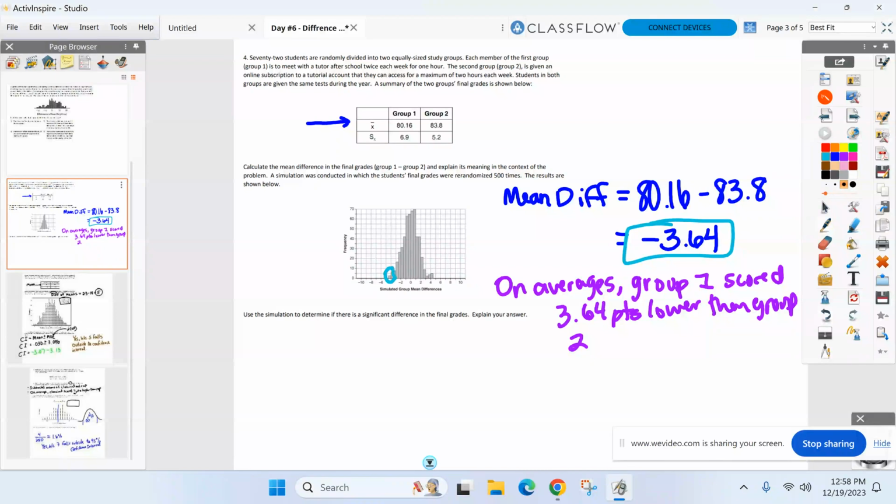All right, so if you guys look at the frequency, can we just agree as a class about how many are at -3.64 or below? If you just estimate here. Looks like one bar is at about what, 6, 7? And the other one's at about what? What do you think? 2, 3? Again, I'm not going to be critical of that. As long as you're in the ballpark. So what are we gonna say as a group? 8? Okay, I'm fine with that. 8 out of how many are there here? There you go. 8 out of 500. I put 9 down on my notes. Who cares? Right? I put 9 down. So that's about